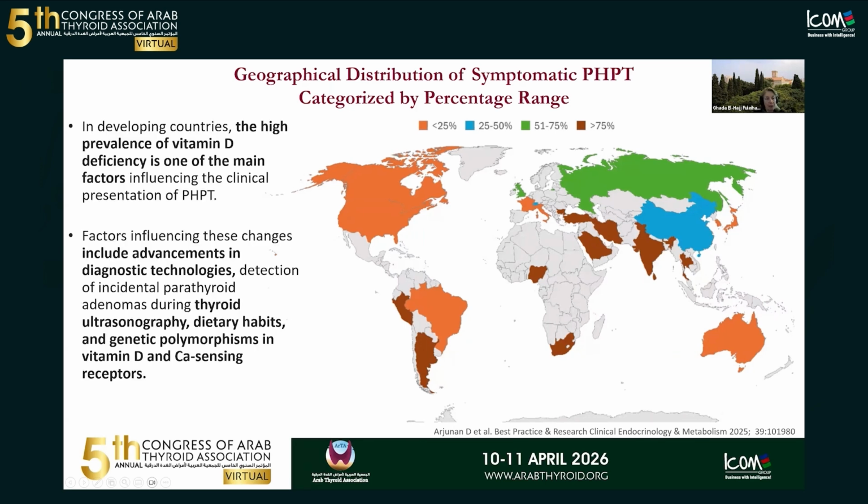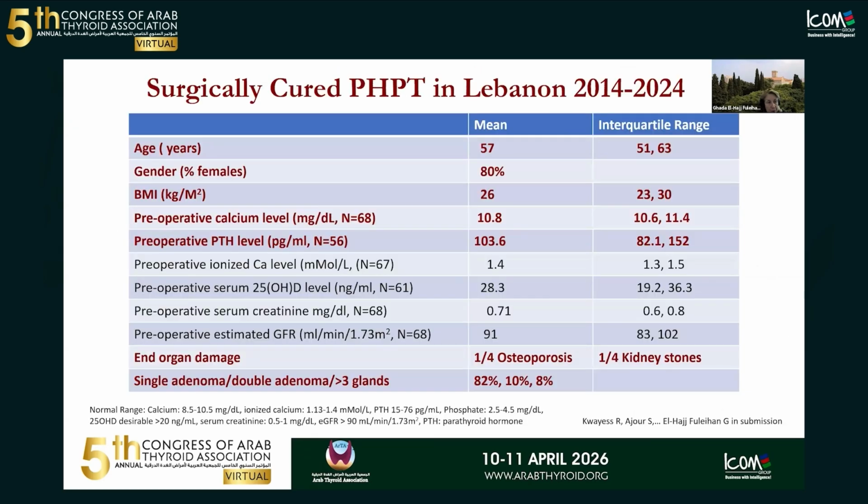What makes the disease symptomatic? In developing countries, it's felt that the high prevalence of vitamin D deficiency is one of the main factors. And of course, the presentation depends on whether we do serum calcium level routinely, whether we're doing thyroid ultrasound routinely, what the dietary habits of the population are, what the genetic polymorphisms are, and what we know about the calcium sensing receptor. Although we said the Gulf area and the Middle East may be more likely to be symptomatic,